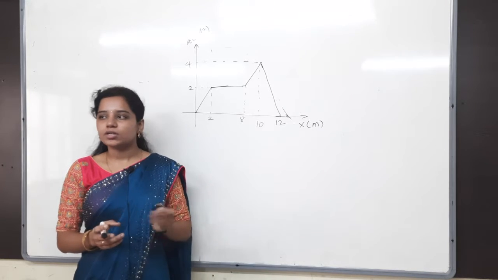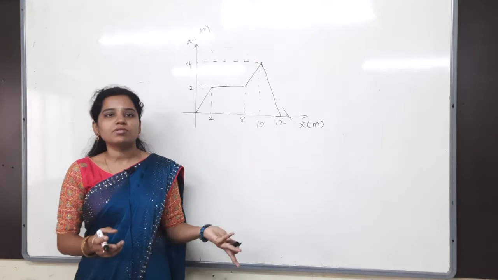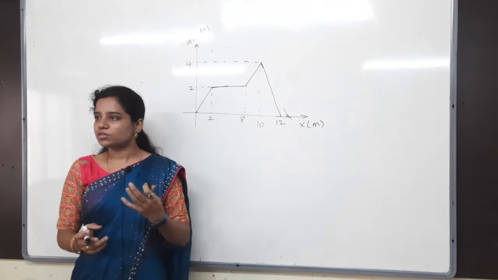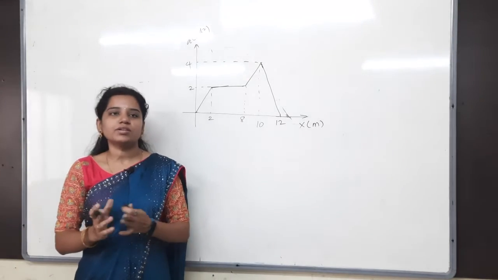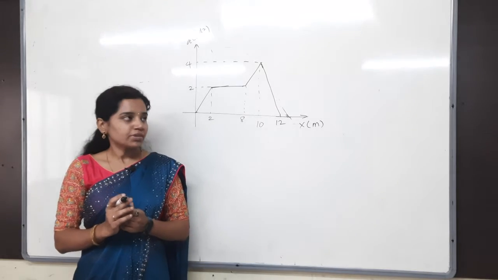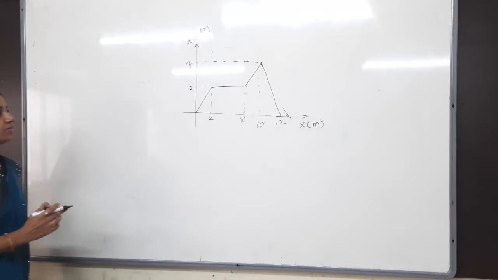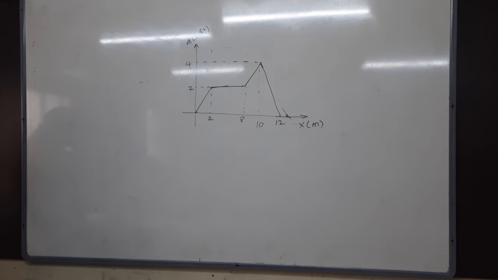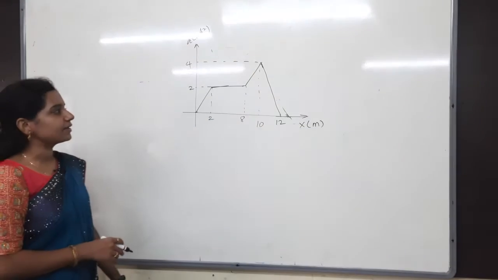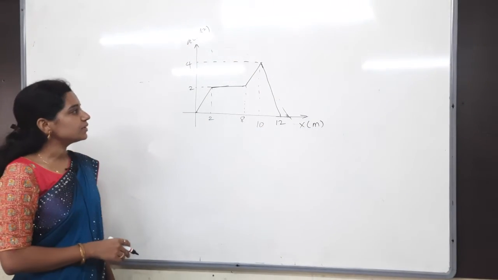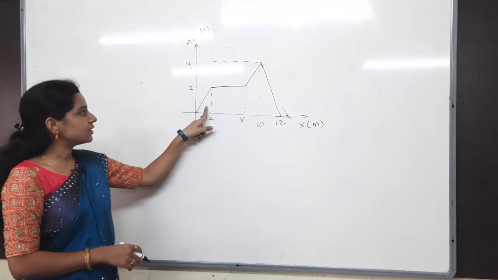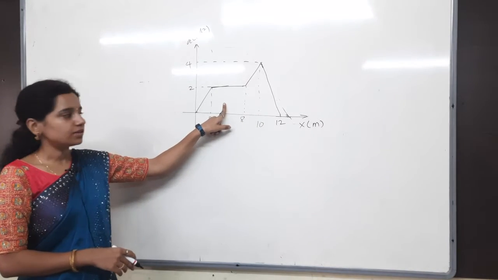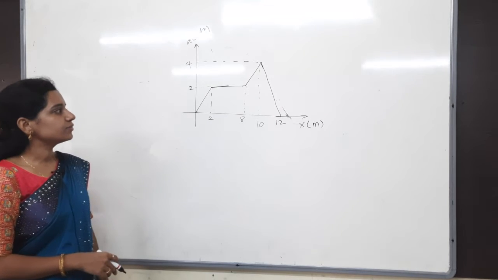Differentiation we have already seen: dv by dt, what are you doing? Slope. Differentiation obviously means slope, but integration means you have to integrate all the values, that is, find the area of the graph. And here, how can we do the integration, Pramod? Triangular? This one is a trapezium. First one triangle, then this one is a rectangle, not a square, a rectangle.